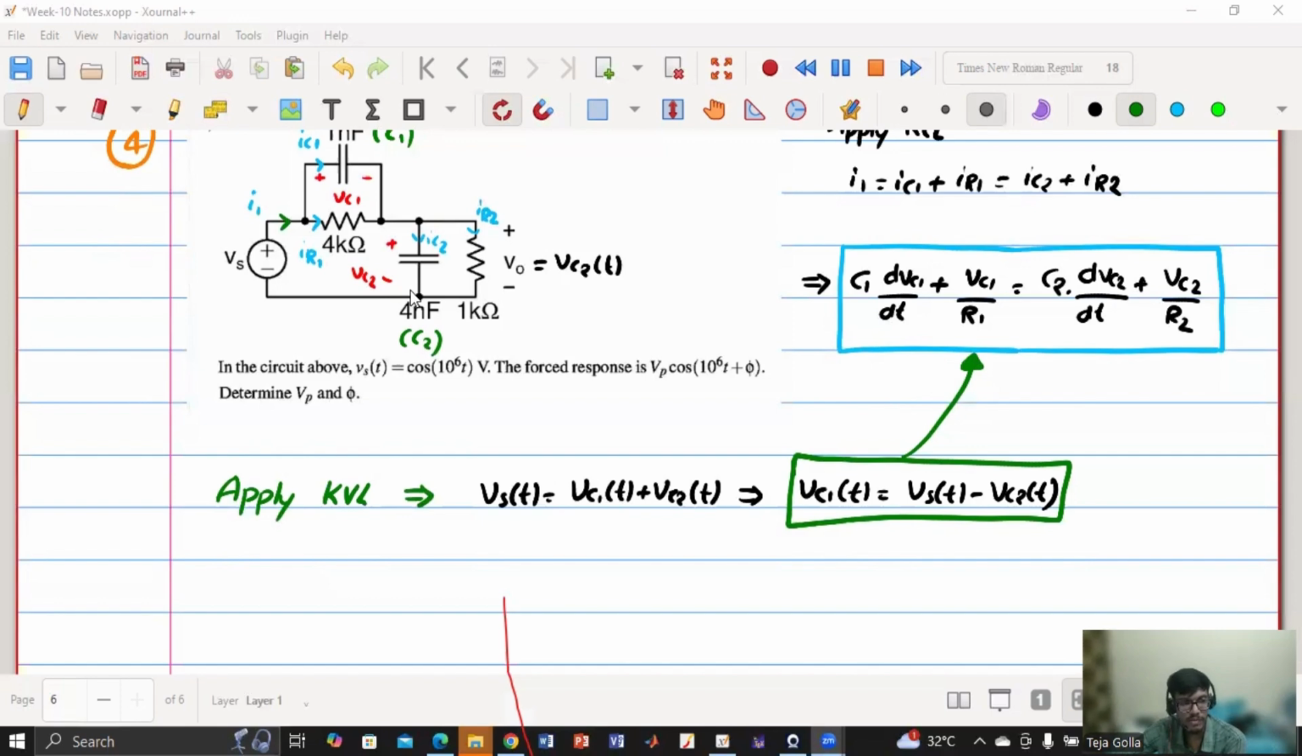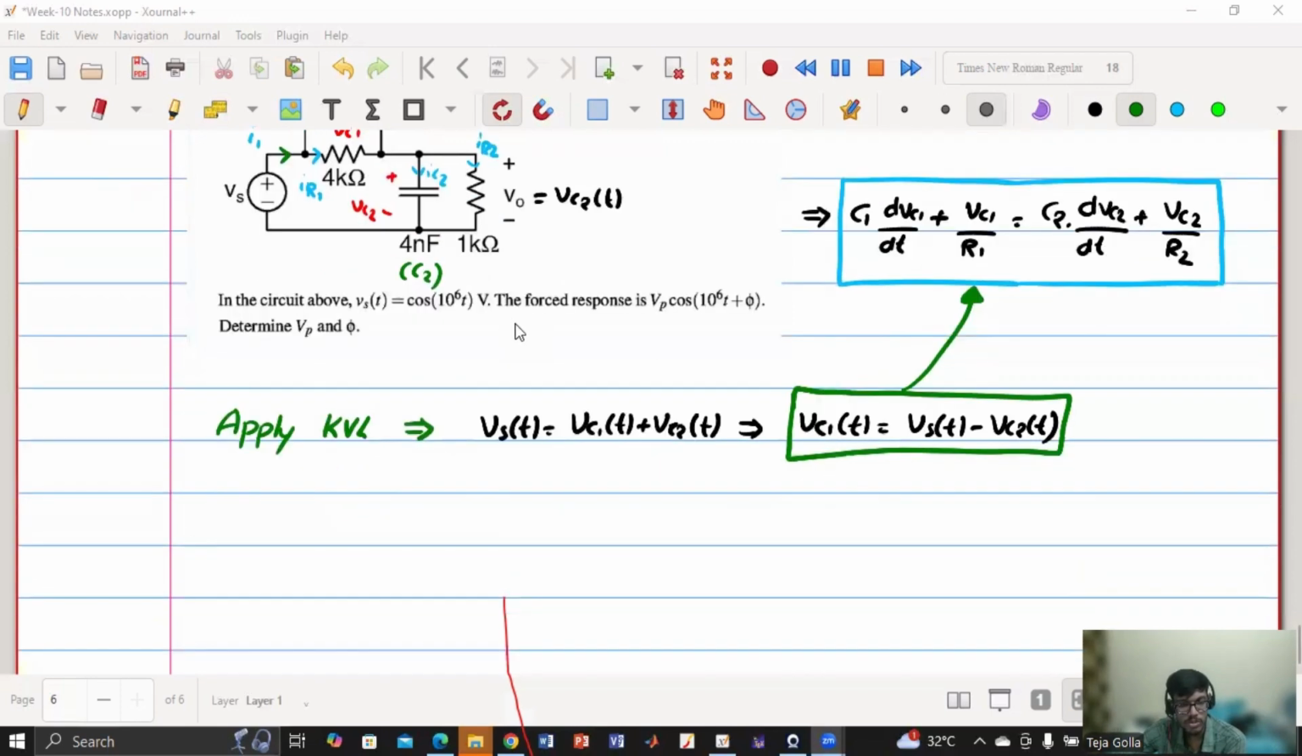That will be very difficult at this point because sir has not taught the complex way, I mean representing capacitor and resistor in terms of complex numbers. So let us not get into that aspect and solve in the conventional way, because that will actually complicate things since those concepts are not taught yet. Now if I substitute this, I'll get C1 into